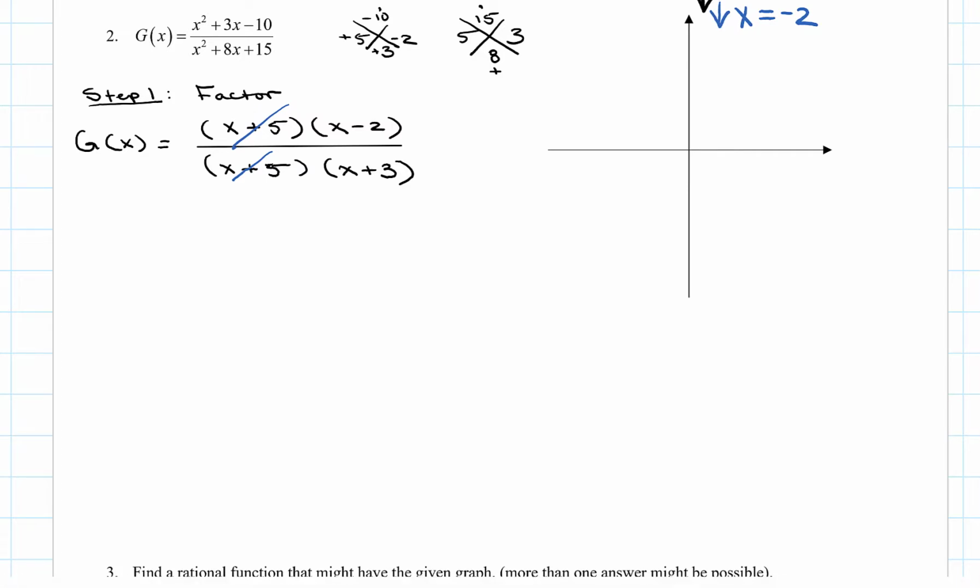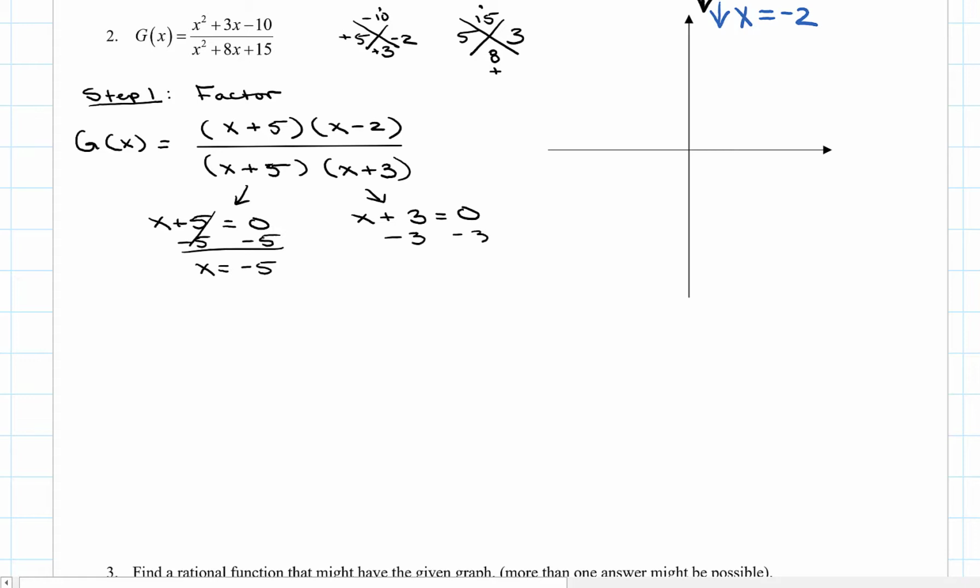Now, I can see what it would reduce to, but actually before I reduce it, let me take that back. Let me not reduce it just yet. First, let me set each one of these factors equal to 0, because remember, I mentioned this in the last problem, but I don't know if everyone caught it. You need to take all of the factors that you have in the denominator before you reduce and set those equal to 0 to figure out what your domain is. This is very important. You can't just ignore that factor of x plus 5 and pretend like it just magically